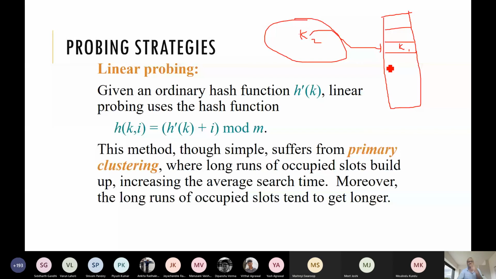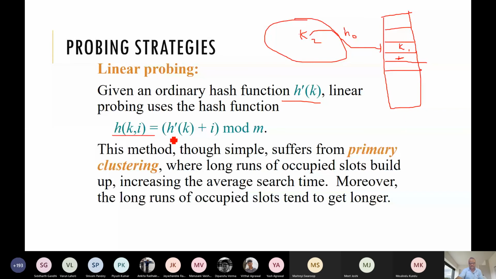So that is our next hash function, you can say, h1. h0 is the original hash function, h of k or h prime of k, which we have been given. If it is hitting here, we check whether this slot is empty or not. The next one, linearly we are searching. Instead of applying a different hash function, we just check the next slot, whether it is empty or not. If it is not empty, then we go for the next one, like this.